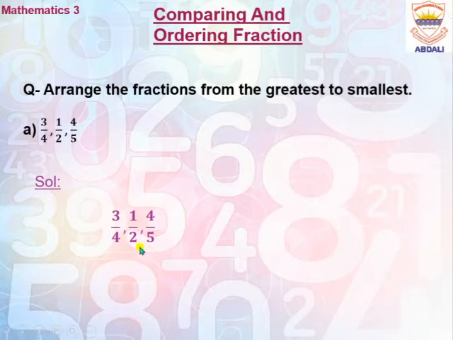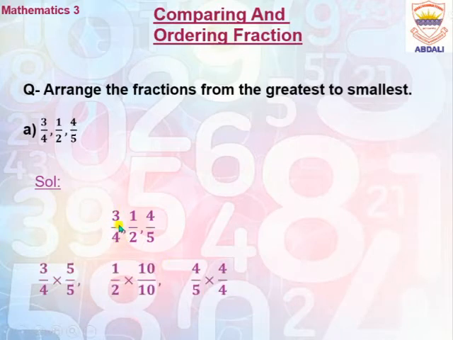So you can see we can make our denominators the same. For this we need to make the denominator 20. Let's multiply it. As you know, 4 5s are 20. It means I need to multiply the first fraction with the number 5. And 2 10s are 20, so we need to multiply our second fraction with the number 10. And 5 4s are 20, so we need to multiply 4 by 5 with the number 4. Here you can go with this.